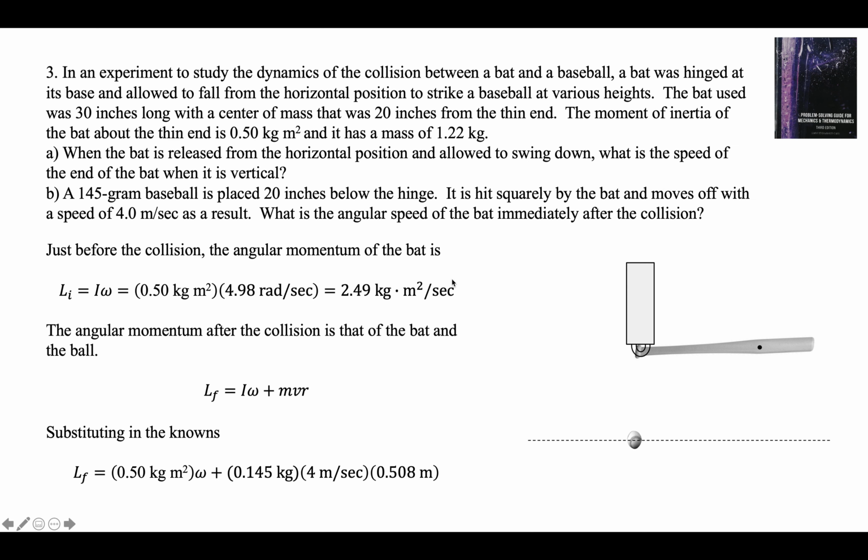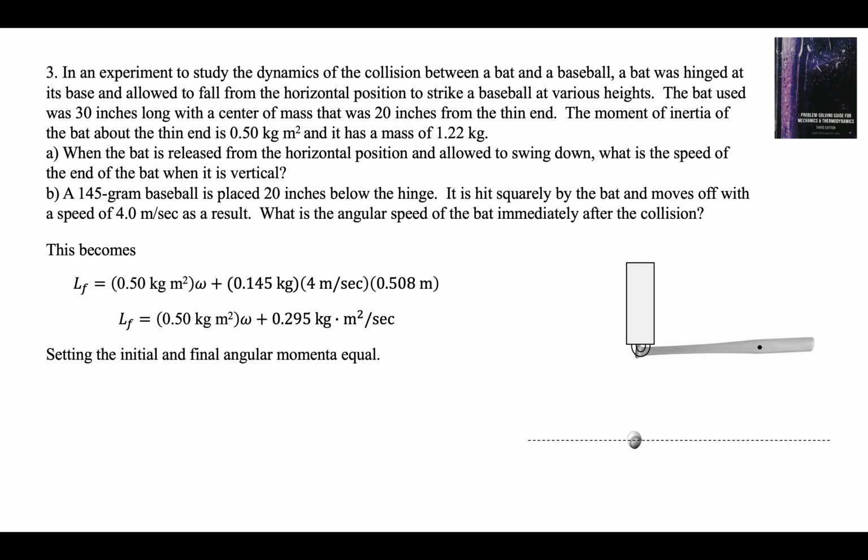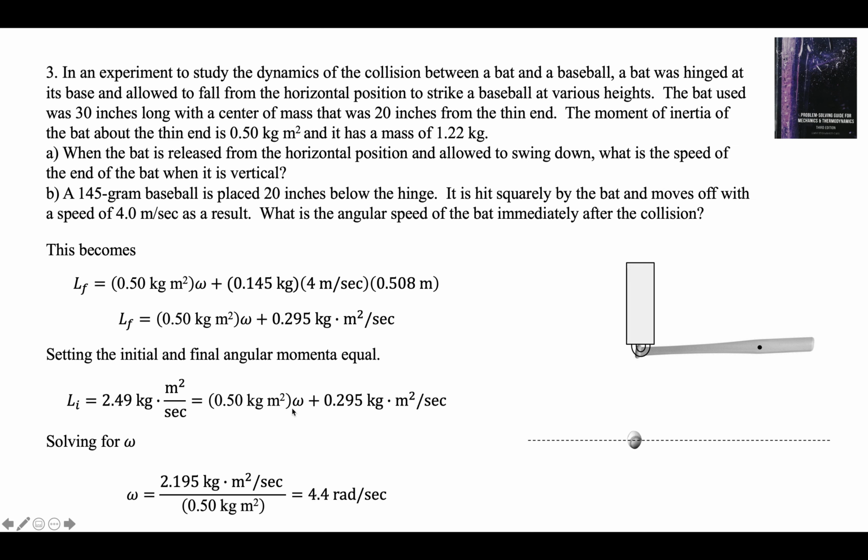It looks like we can set these equal and solve for omega final. So that's L final with all the numbers in it, setting the initial and final equal. We only have one unknown, the angular speed of the bat. And we get 0.44